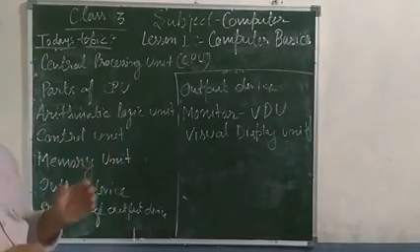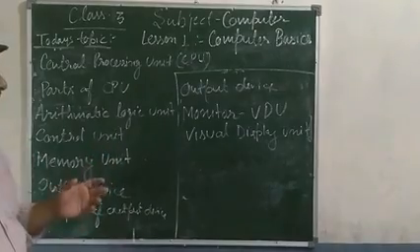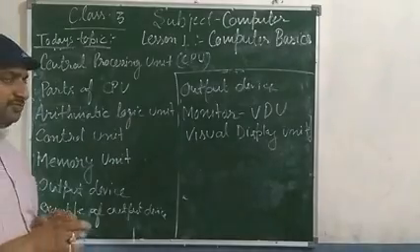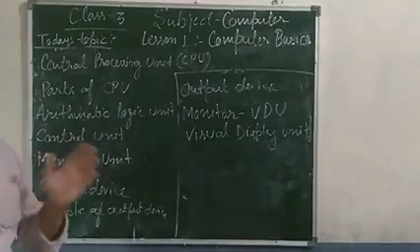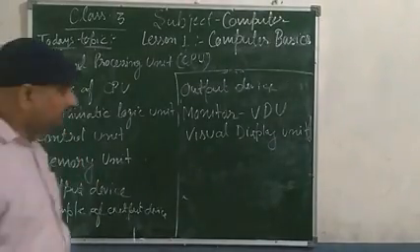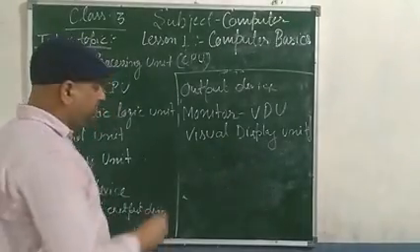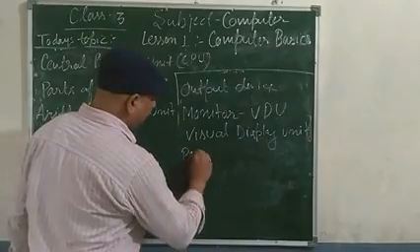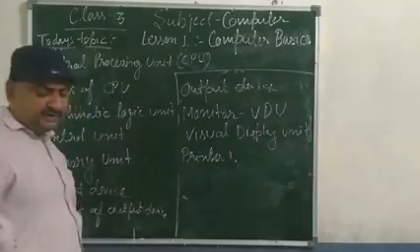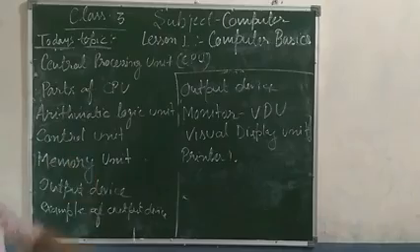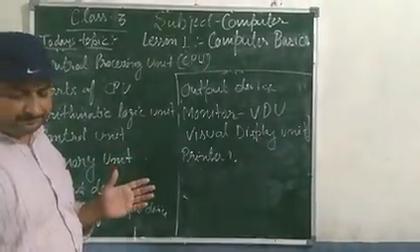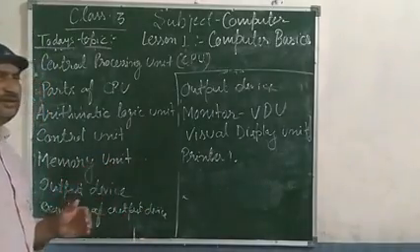Now we have different types of monitor, also CRT, LCD, LED. The work of all the types of monitor is the same. It is used to generate the output and show it on the screen. Then another output device is printer. Printer is also one type of output device, used to generate the output and print information on the paper.